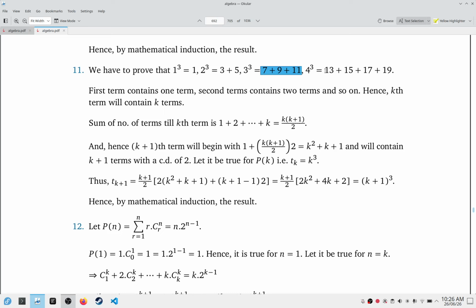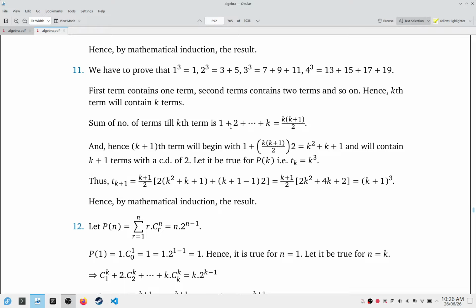Here it will contain two terms. Now the sum of k terms, 1 plus 2 up to k, is equal to k into k plus 1 by 2. So the k plus 1 term will begin with 1 plus k into k plus 1 by 2 into 2, because the numbers are increasing by 2. So for example, this is 1, this is 3. If you put k is equal to 2 here, for the second term, it will become 2 into 3 by 2, so the 2 cancels, and 3 to the